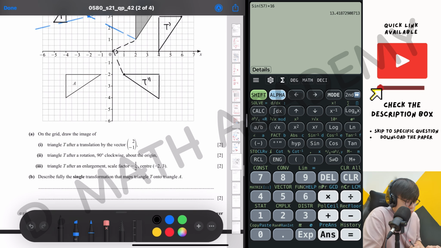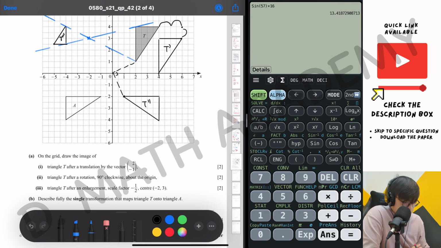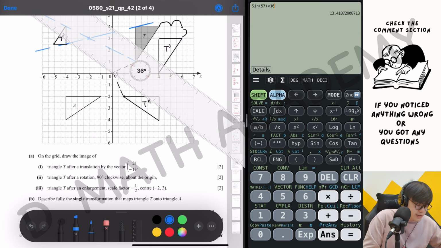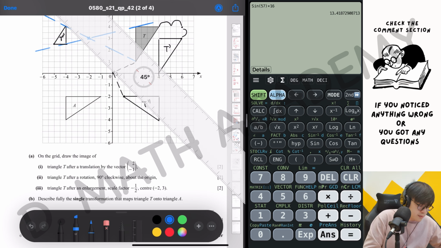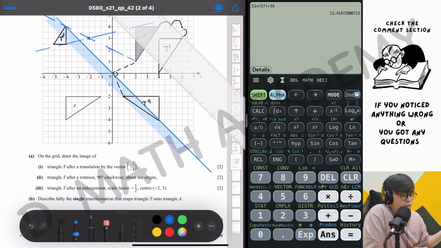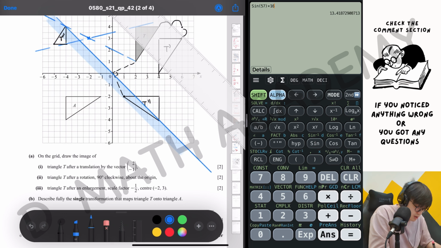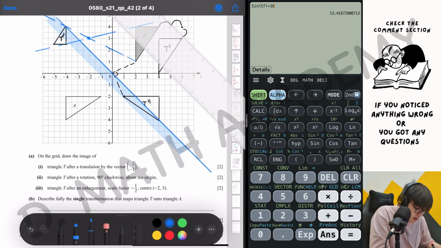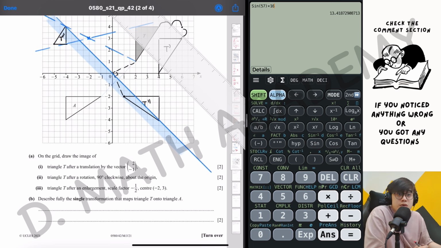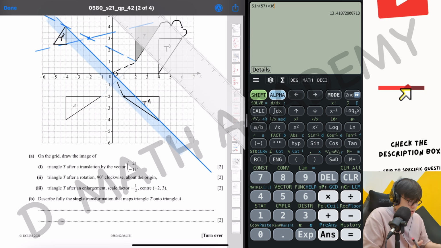Describe fully a single transformation of T to A here. So T to A is actually not as hard as we think, but you need to know that there's a reflection line somewhere around here. That's how you reflect T to A. By counting the gaps here, you can check 1.5. So that's how you get the results here. If you were to write the details, it will be